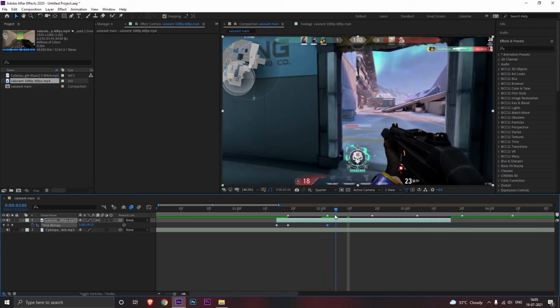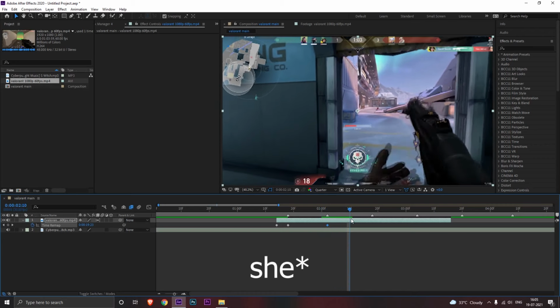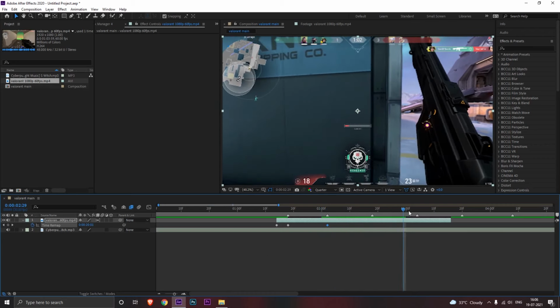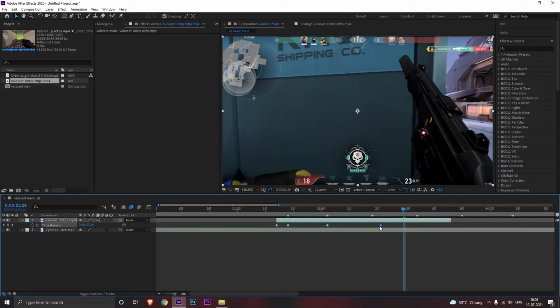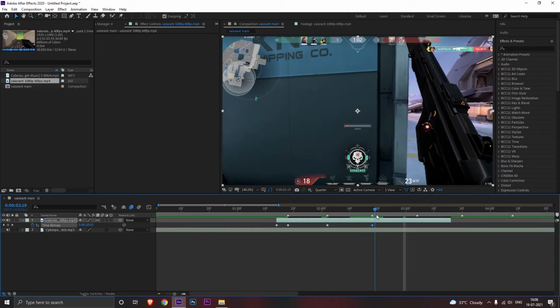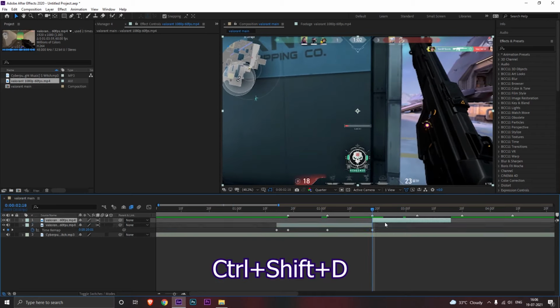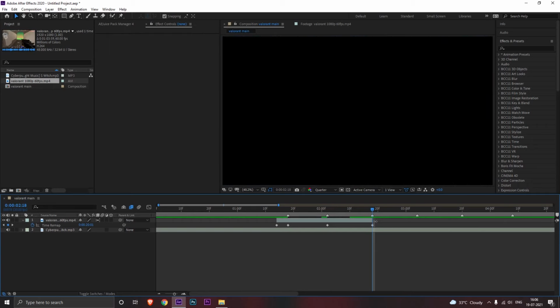This is looking better. Now I want the video to end when he throws that magazine. So let's add a keyframe there. Now move the keyframe to the mark. The video will end here, so press Ctrl plus Shift plus D and press delete to delete that part.